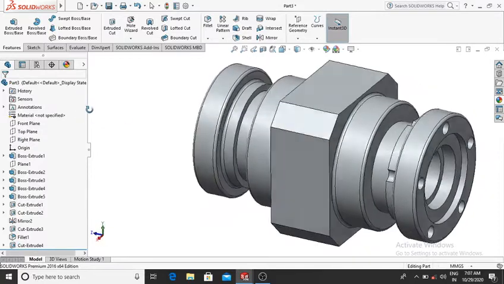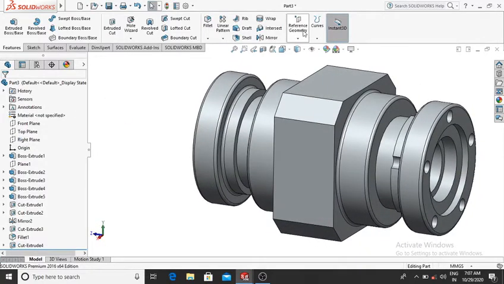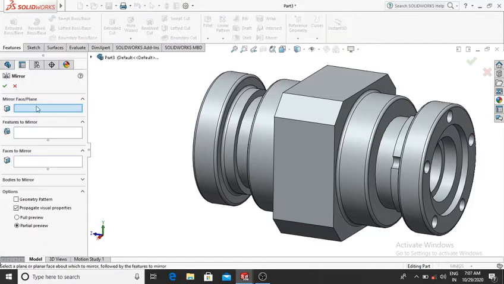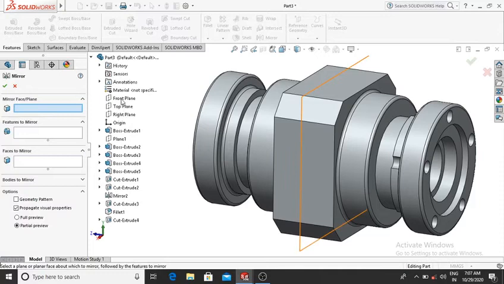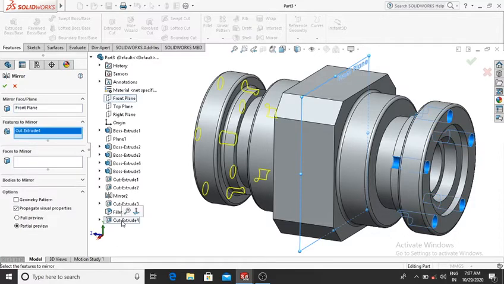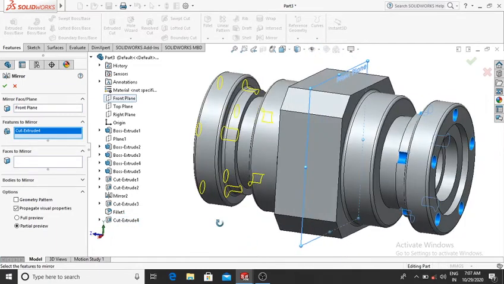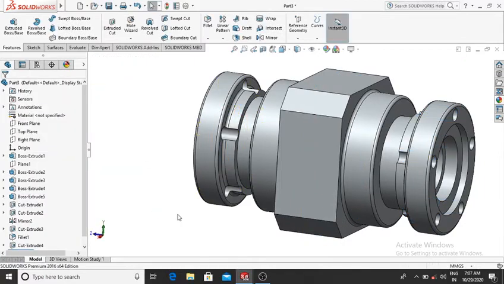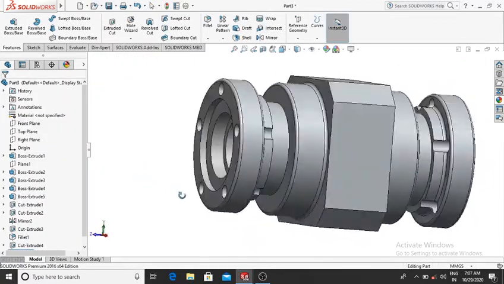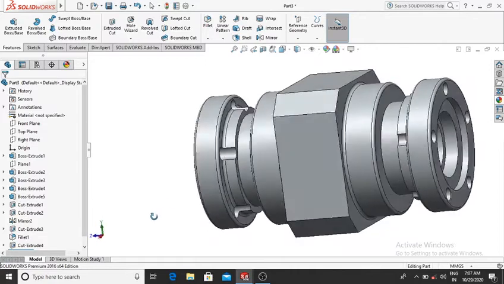Now we make the mirror for this. So go to the mirror command, and here we select the plane. So simply select this front plane, and here we select the features to mirror. So simply select this cut extrude. Now it makes the mirror here, so it takes less time, then OK. Now we make the mirror on this face,